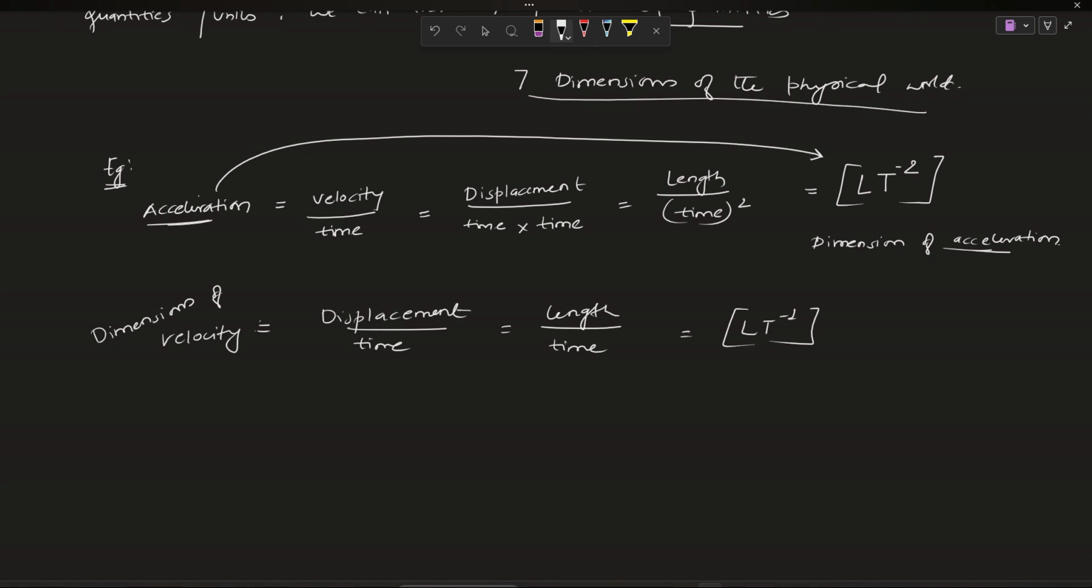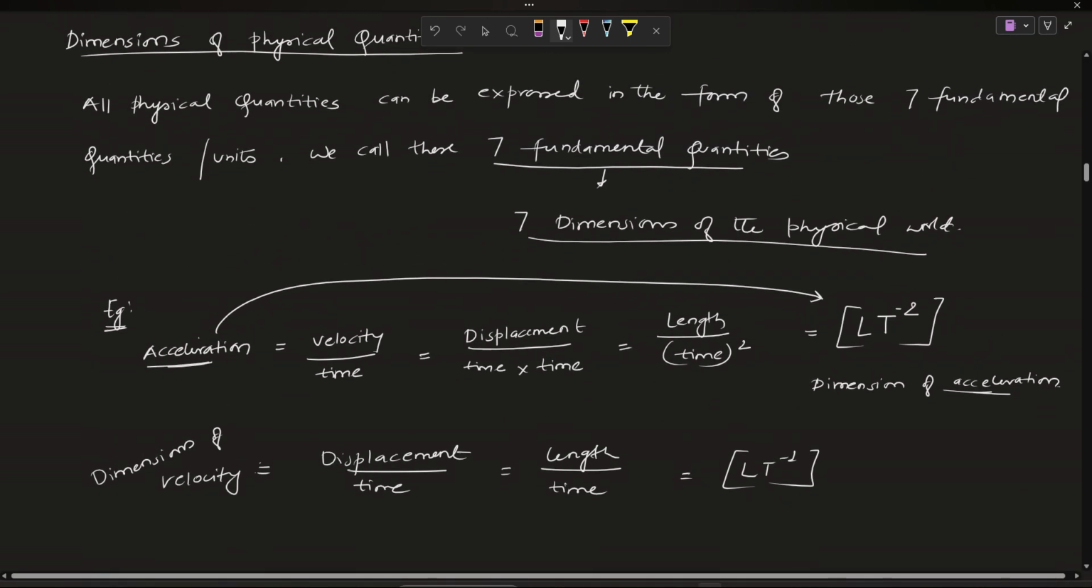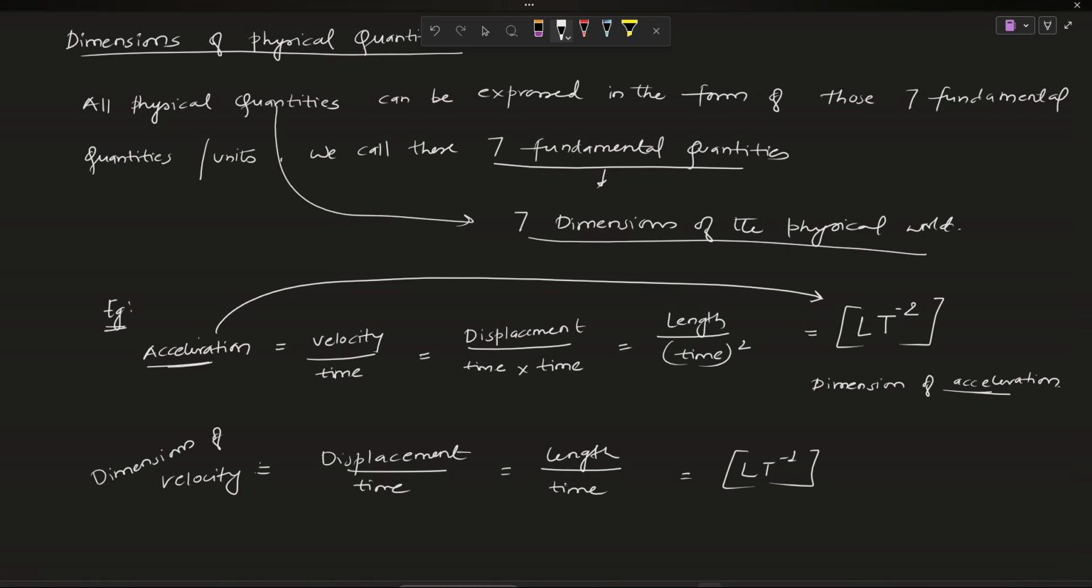Okay, so actually, there are seven fundamental physical quantities, and all physical quantities can be represented in terms of them. सारे physical quantities को हम लोग seven fundamental quantities के अनुसार derive कर सकते हैं, define कर सकते हैं. Those seven fundamental quantities are known as the seven dimensions of the physical world. Means indirectly all physical quantities can be represented in the seven dimensions of the physical world. And those seven dimensions are nothing but MLT,